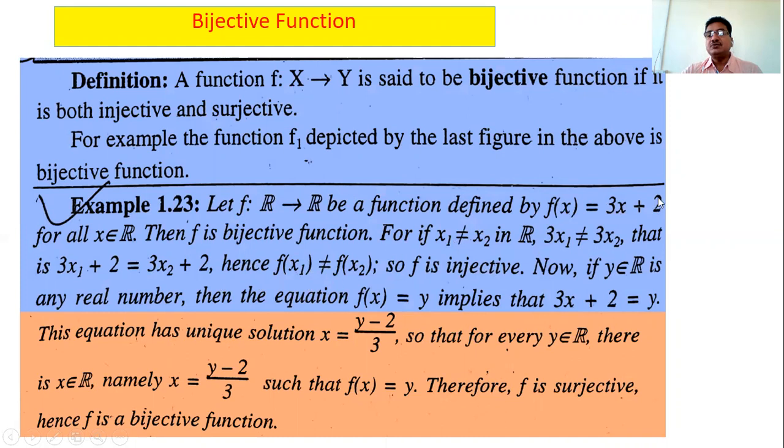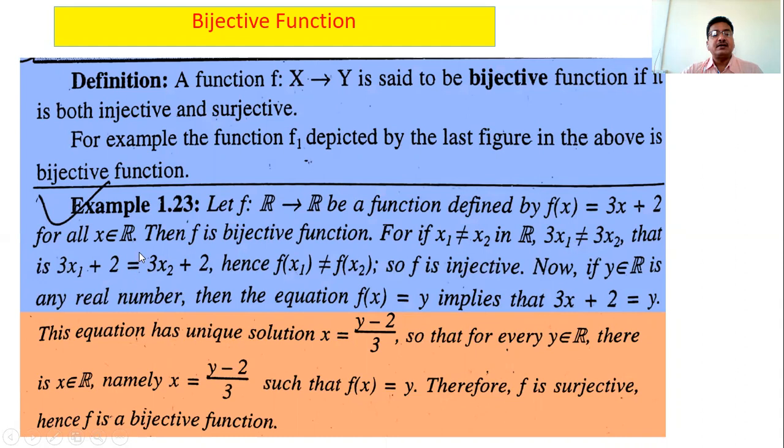And what is f of x2? It is 3x2 plus 2. That is, we have to show that 3x1 plus 2 is not equal to 3x2 plus 2. So multiply this x1 and x2 on both sides by 3, and the not equal sign continues. If x1 is not equal to x2, then 3x1 is also not equal to 3x2, and then we add 2 on both sides. Then we have 3x1 plus 2 is not equal to